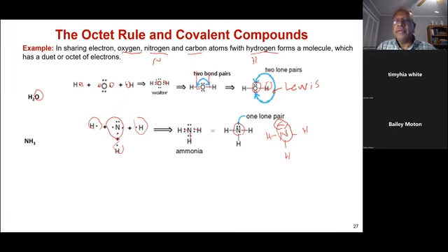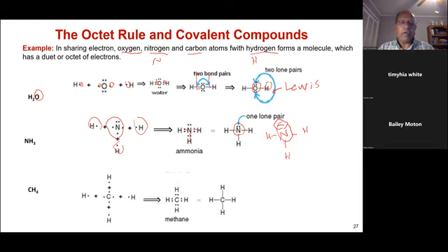Ammonia has 3 bonding pairs of electrons, 3 bond pairs, and 1 lone pair. Oxygen has 2 lone pairs. Methane, which is called natural gas,